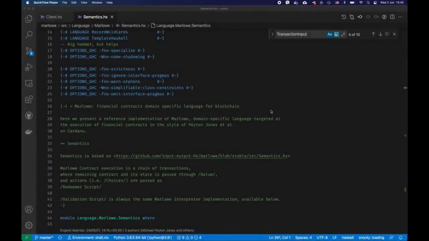I'm one of the Marlowe developers, and today I'm going to show you a bit of Marlowe semantics and part of the PAB contracts, Marlowe PAB contracts that we are going to use. I'll start with a brief description of Marlowe semantics that's implemented in this semantics.hs file, and then I'll show you